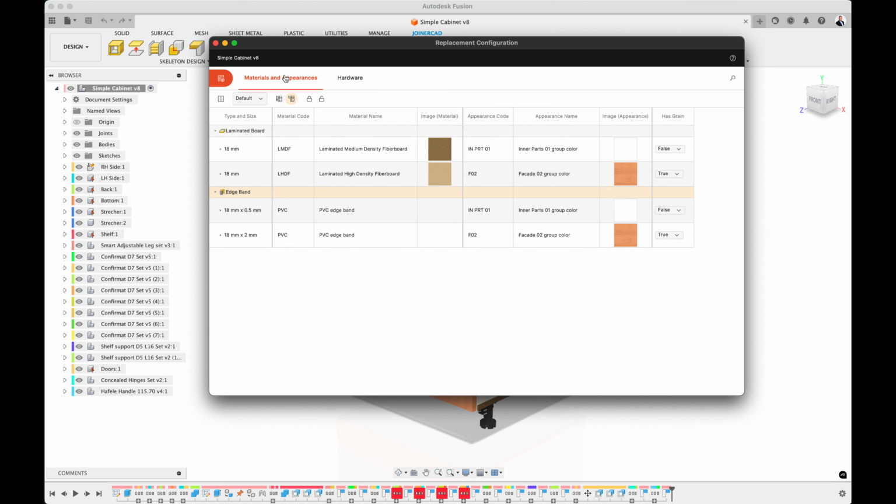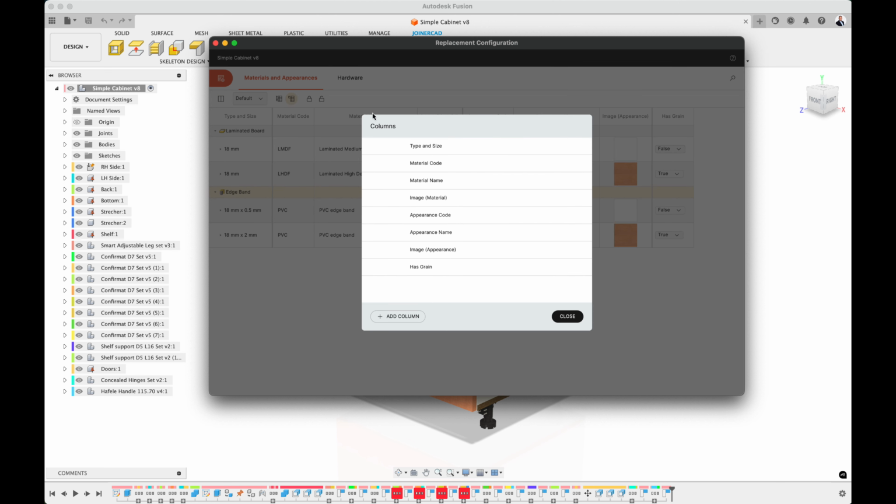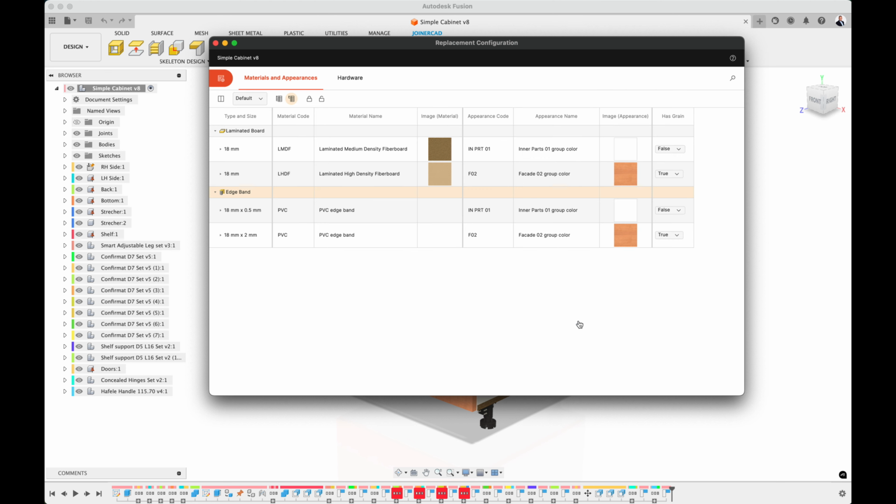So I go back to the Materials and Appearances tab, where I launch the Columns dialog, where you can see the columns. These columns are shown in the table accordingly. If, for example, you would like to add a column for the supplier name or some other column where you want to manually enter some details, or take them from a linked Microsoft Excel file that you will later display in the BOM, you can create a new column and place it here.